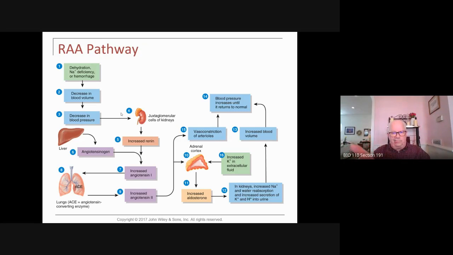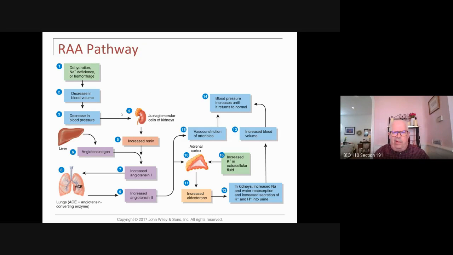Here it is. You are dehydrated. You are low in sodium. Your blood pressure drops because you are dehydrated, because you're losing blood, thereby giving you a decrease in blood volume, thereby giving you a decrease in blood pressure,